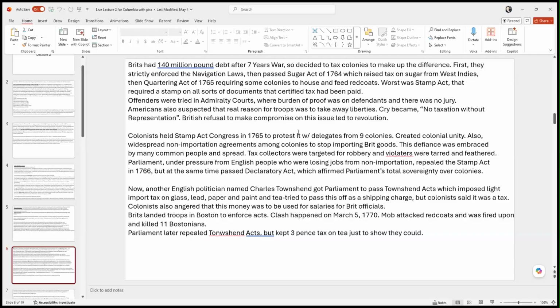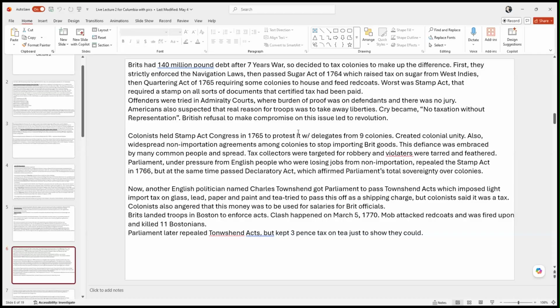And they were trying to figure out a way, how can we raise this money? How can we get rid of this debt? And the proposal was made that during the Seven Years' War, the British military had defended the colonies, so now the colonies owed Britain, and it was decided to put taxes on the colonies as a primary way to make up this indebtedness. So British Parliament began to pass a number of new laws to increase revenue, increase taxes on the colonies. They increased taxes on sugar. They passed laws to basically more strictly enforce those navigation acts.